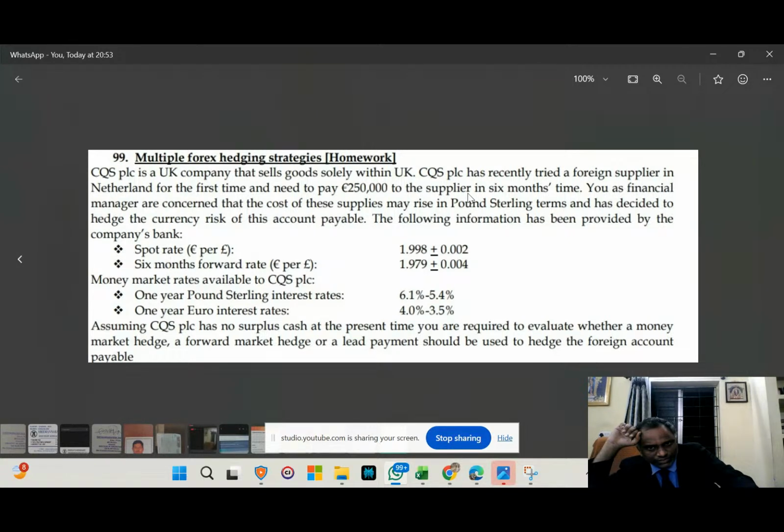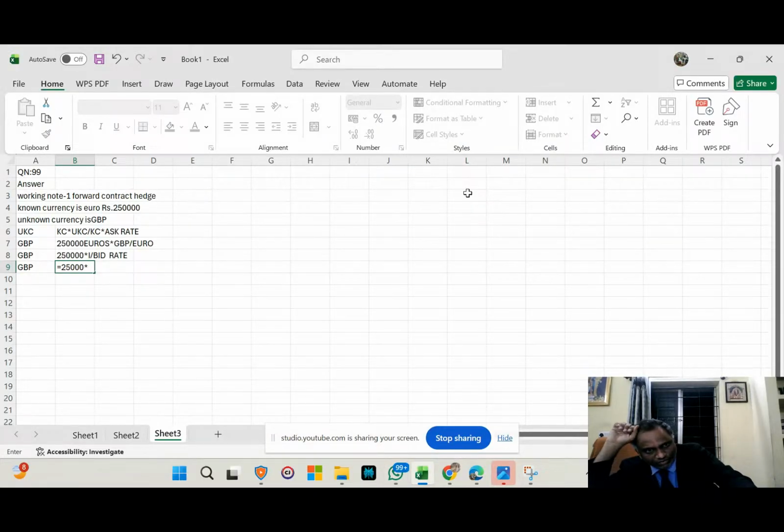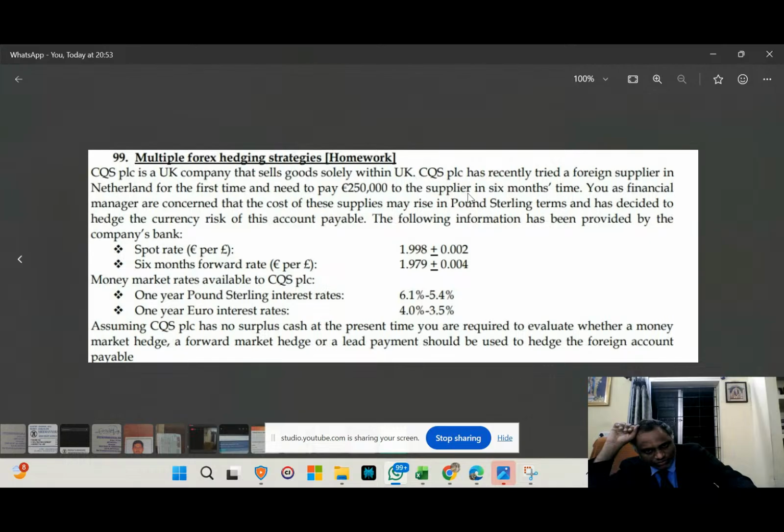That means 1 divided by the bid rate, 1 divided by 1.9